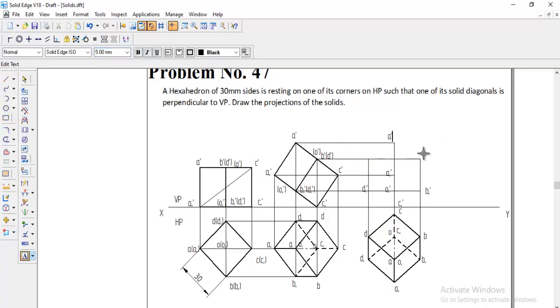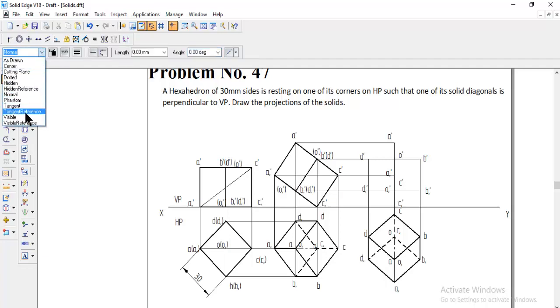So this is A dash, and this one is B dash, and C dash is the same as A1 dash, so we can get it on the same C dash, and this one is D dash, and then this point we are getting O dash. Okay, now we got all the corners. Now we need to make it visible. So the same technique we will follow here. From the bottom we have to check it. When I am seeing from the bottom, which face I am getting first, I need to make it visible.